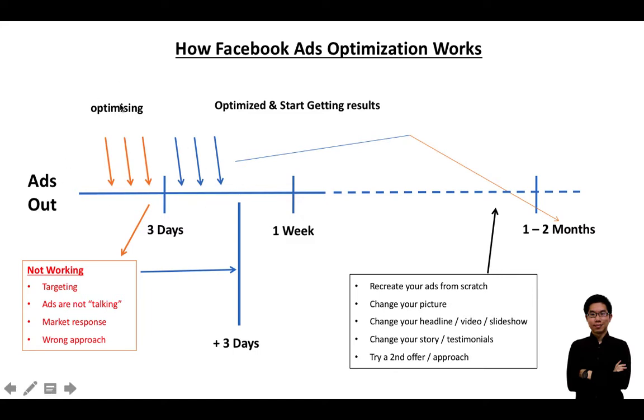So this is the optimization period. Facebook needs to see a lot of clicks, and a lot of registrations and subscriptions. Then Facebook can decide, okay, this is a good ad, I will start to perform and help you get more results coming in later from this group of people. Understand? So if you are not getting results, it usually will be, like I said, the targeting,